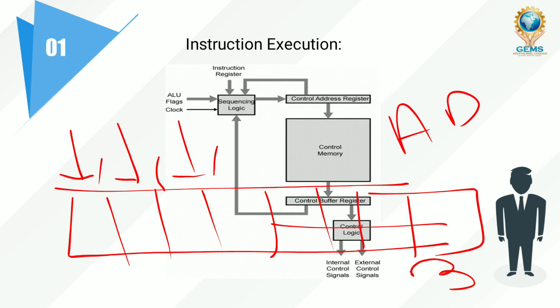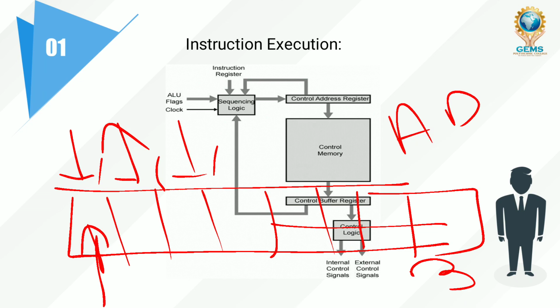This is 7 bits, and again this is divided into mode, opcode, and operand. So opcode tells about what kind of operation should be performed. Operand is the data availability. Address will give the address to fetch the data, and mode will explain whether it is a direct or indirect address. We will see about this in our forthcoming lecture.